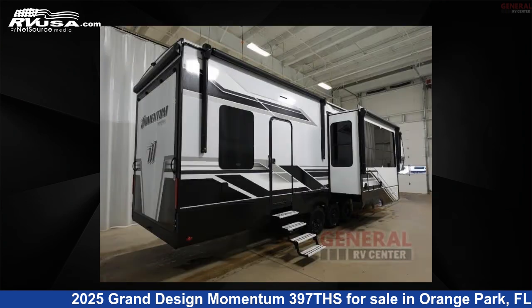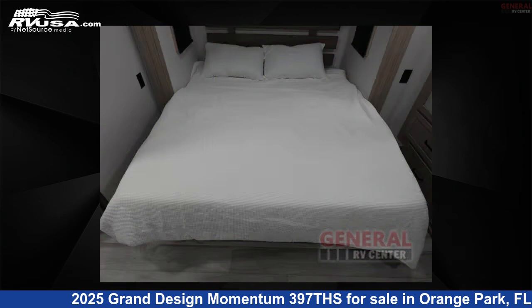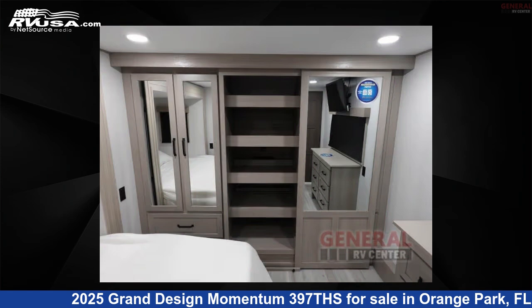This new Grand Design is 44 feet 0 inches in length and features sleeps 4, slide-out, and 140 gallons fresh water capacity. The floor plan layout of this toy hauler features front bedroom, kitchen island, loft, 2 entry, exit doors,